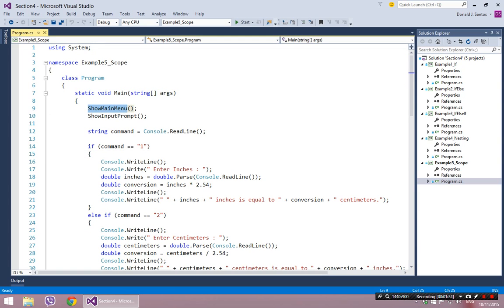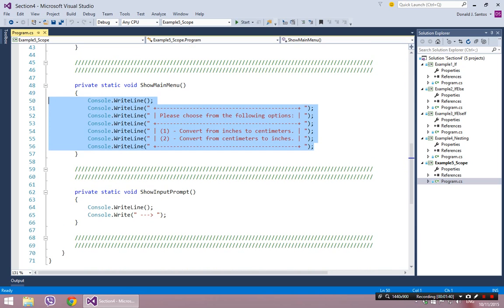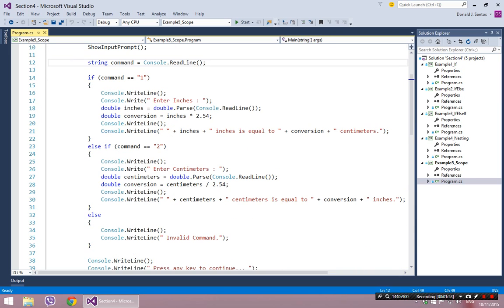So I have a show main menu function method, which, as you probably guessed, shows the main menu. I also have a show input prompt that shows that little arrow thingy. And then I sit there and I wait for the user to type something in. And then the fun begins. So, talking about scope, aside from a bunch of reading and writing, there's not a whole lot going on